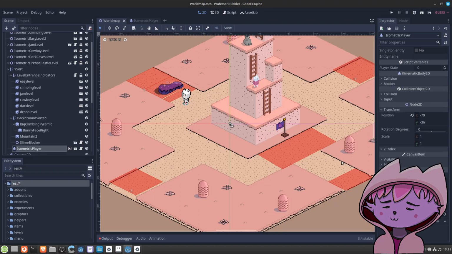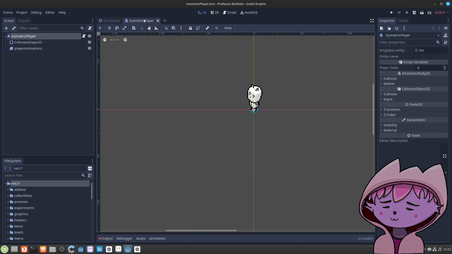Where is the player going in the world map? Oh, this is such a kind of nostalgic feeling opening this project. We are talking about Godot 3.4. Yikes. I opened this project in late 2023.